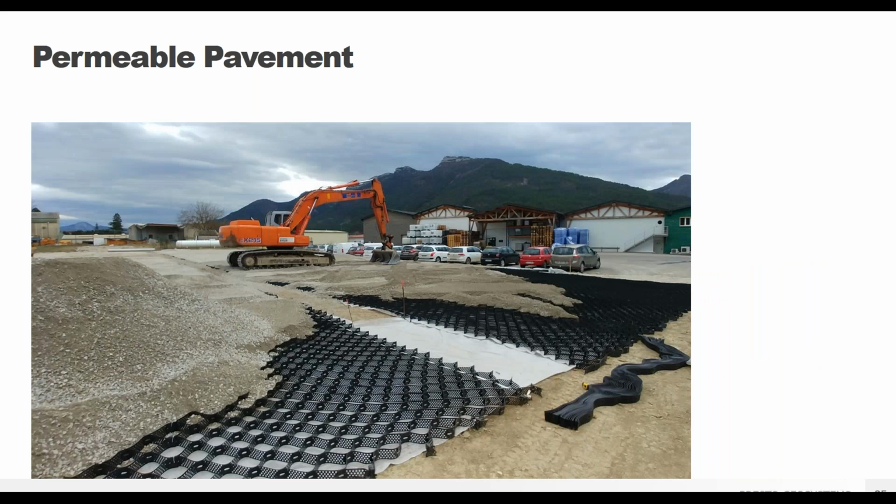So for this specific project, local stormwater regulations limited the amount of hard surface pavement. So in order to expand the parking lot, the business turned to the GeoWeb system with that aggregate infill for a permeable porous pavement. So the sections are filled in with that aggregate to create that porous pavement that allows water to drain vertically into the natural groundwater system. The aggregate allows for infiltration when you keep the fines content low, so around 10% or less. You want to have a lot of void space between the stone to allow for that water movement.